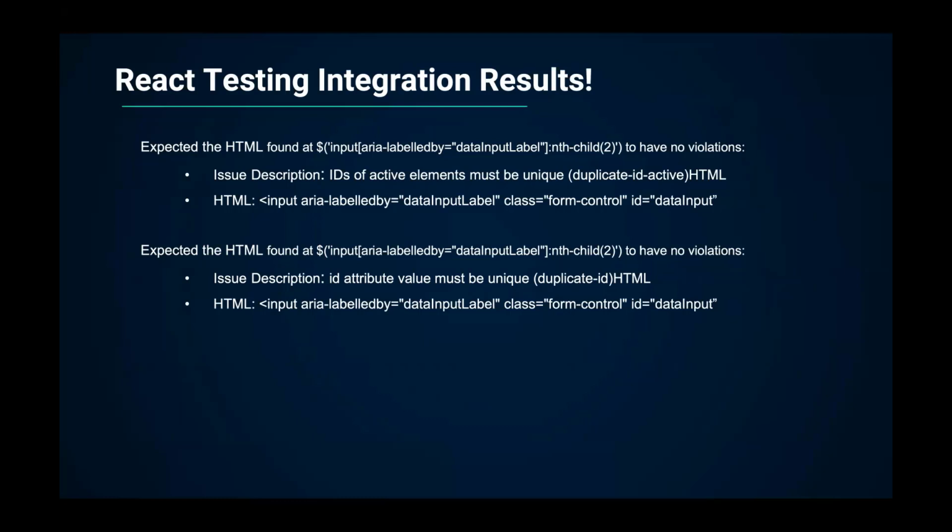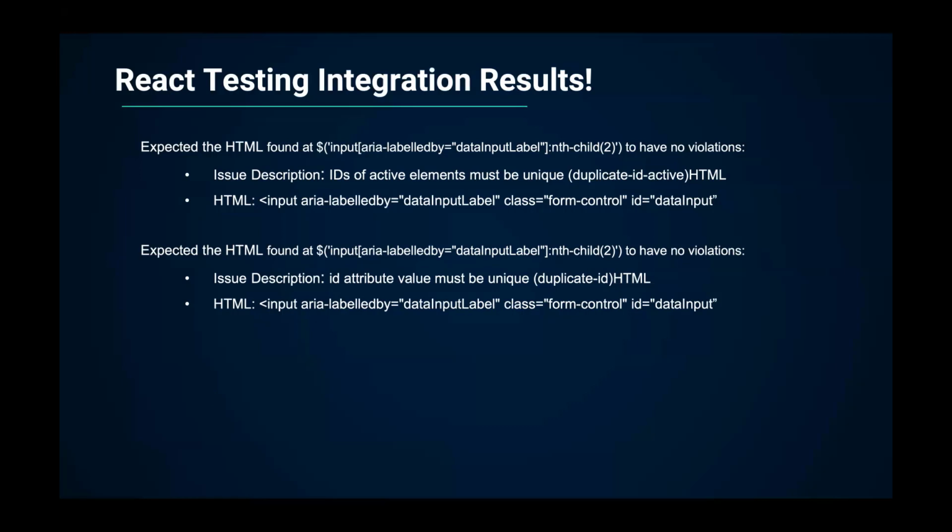Well, I have IDs of active elements must be unique. Duplicate ID. Oh, that's right. I used ARIA labelledby for the same ID that I hard coded on the label. Going to be a major accessibility issue, right? And also, that label has the same ID over and over again. That's duplicate IDs, right? It's hard for a screen reader to parse that stuff. So right away, I have 2 more accessibility issues that if I only did component testing and said, yeah, I have a false sense of security and say it's good to go, boom, I have accessibility issues from an integration standpoint.